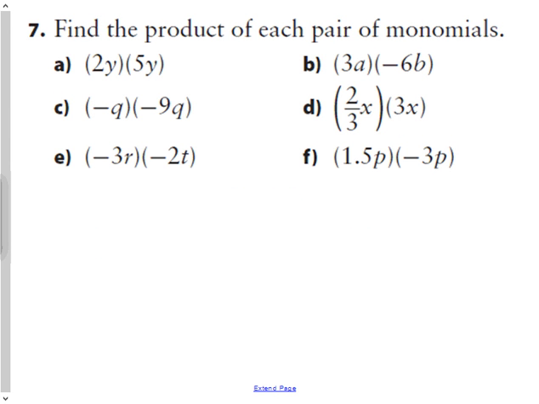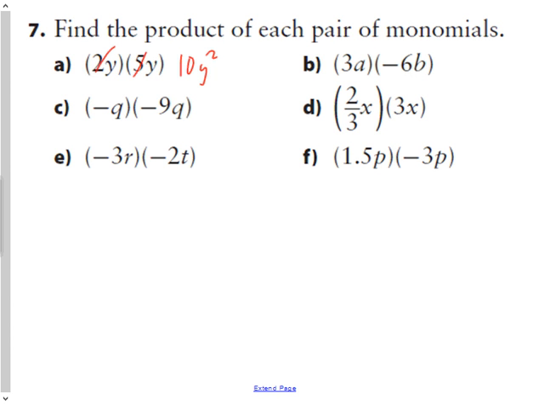Question 7 says find the product of each pair of monomials. Now, obviously, it does not say model it, so you probably don't want to model it. But here what we're going to do is simply think about this as, I'm going to write it once and then I won't write it again. If we rearrange the terms in the product of those things, instead of saying 2 times y times 5 times y, I said 2 times 5 times y times y, just to rearrange all four parts of the product. I would end up with 2 times 5 being 10, y times y being y squared,